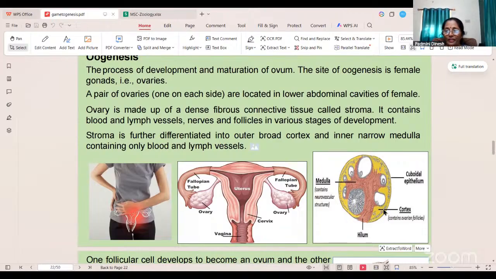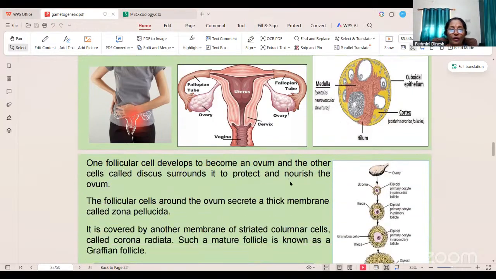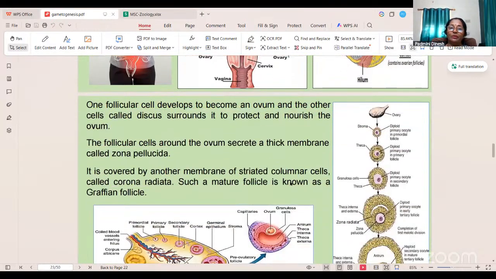So that is the medulla over there, that is the cortex over here. And of course, along with blood vessels and lymph vessels. Why blood vessels and lymph vessels? Because they need oxygen supply. Okay, so during each ovulation, whenever the egg has to be produced, one follicular cell develops